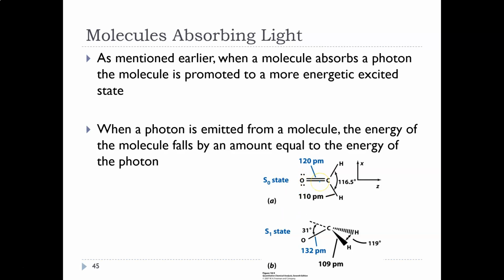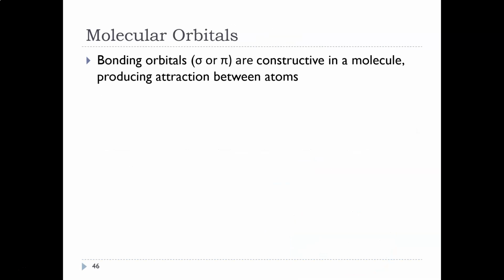When this molecule absorbs a photon and goes to the excited state, we can actually see that its shape changes, the bond angles change, the bond lengths change. So it actually truly changes in how it looks when it goes to the excited state. So we know that excited states and ground states are different and that we can tell if a molecule is in the excited or ground state as long as we've studied that molecule before. So that's why this is important. So again, just a reminder,